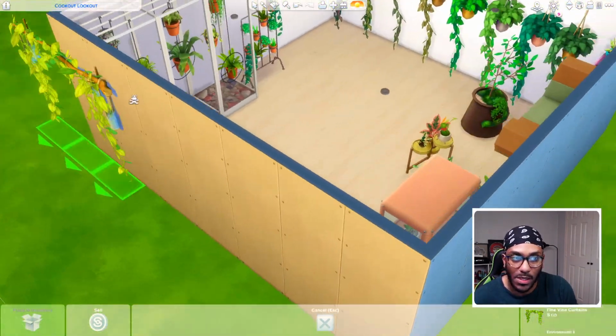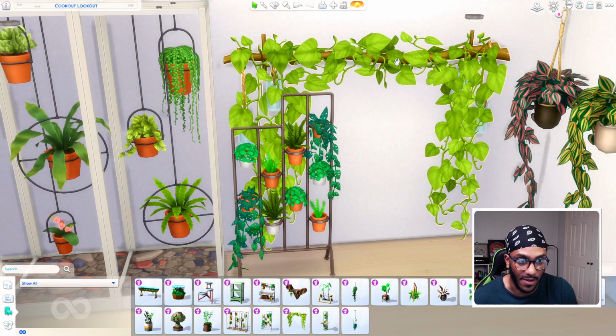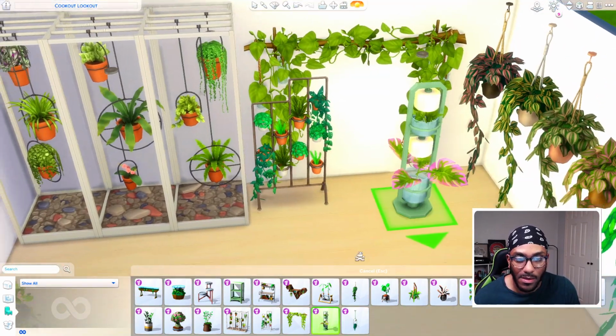You could even use these as just vines in general on the exterior of your builds if you like these leaves better than the vines we already have. But I do like that. And then this